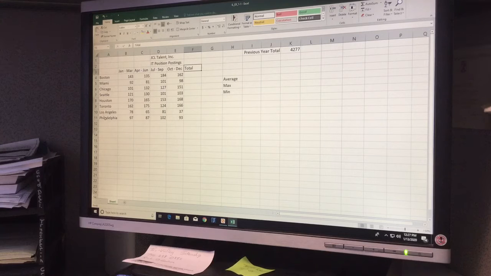Then they tell me to go to A12 and add Vancouver. And press the tab, which is going to take me to B, and then they tell me the figures to put in: 120, 130, 117, and 130. And so I have those figures in. Then they tell me to go up to B3,